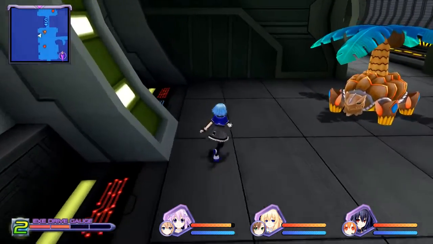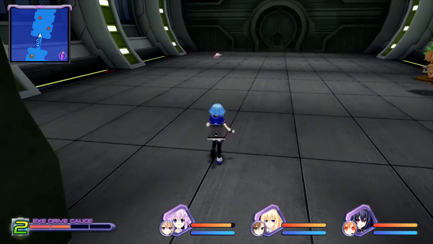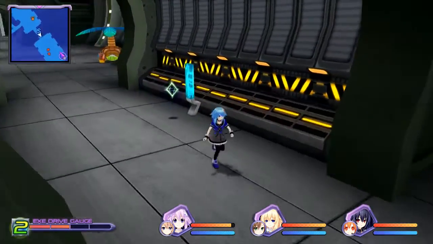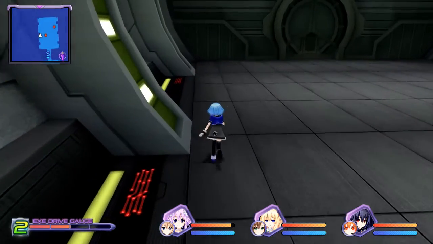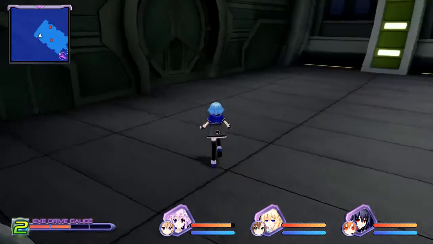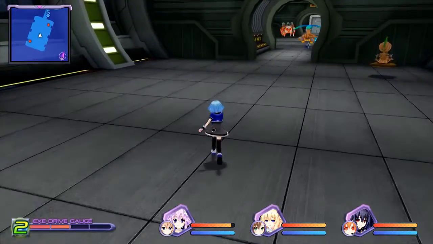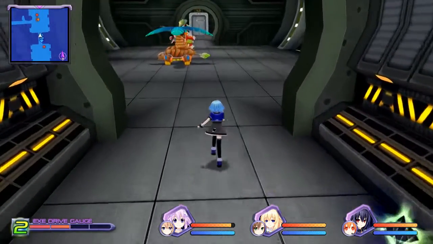We also have a save point, which means we do have a super enemy in this area, and I believe it's in this room, because this is where the save point is. Lucky. Healing drink and combo focus. And no more dungeon. Okay, no extra dungeon. We might be at the end of this particular